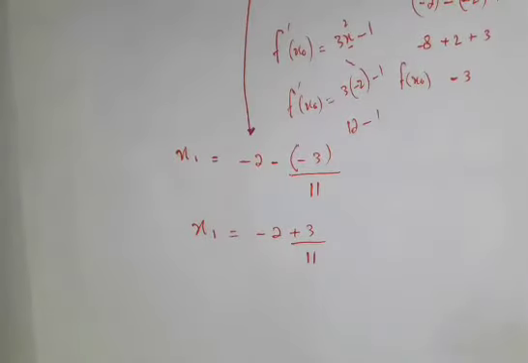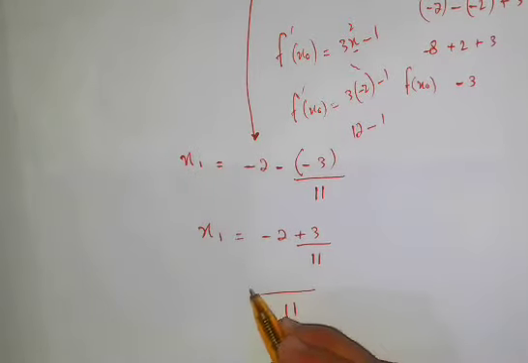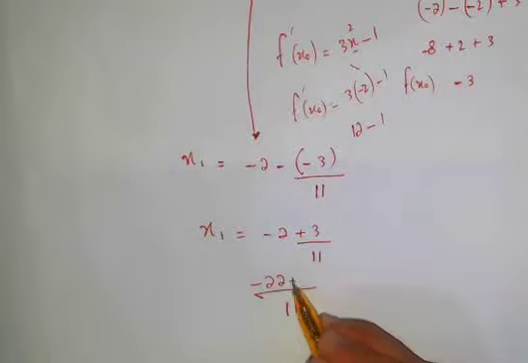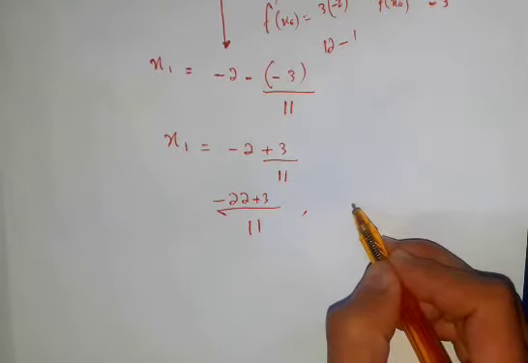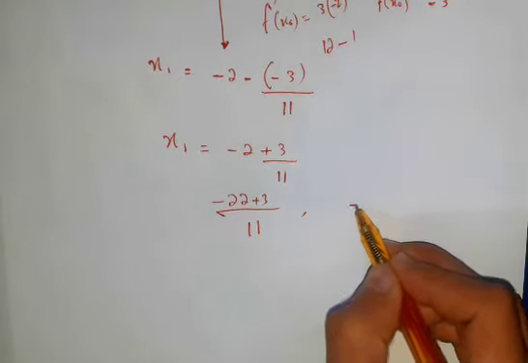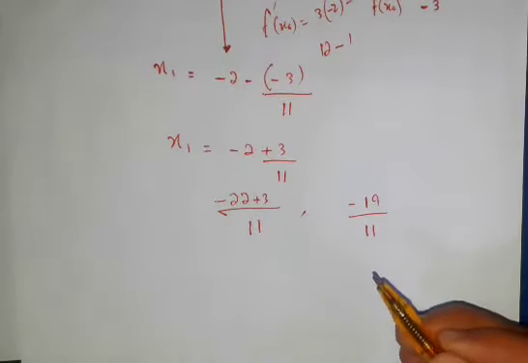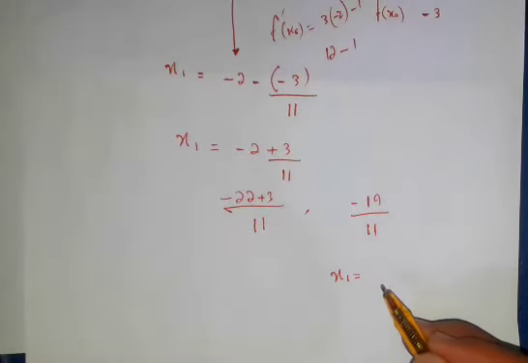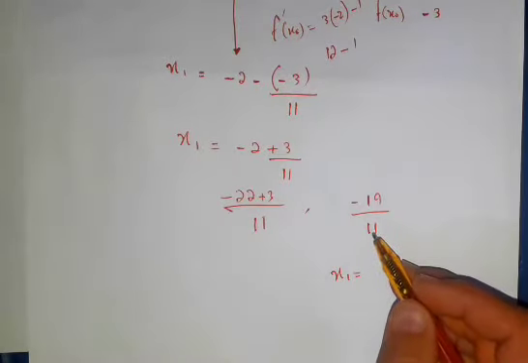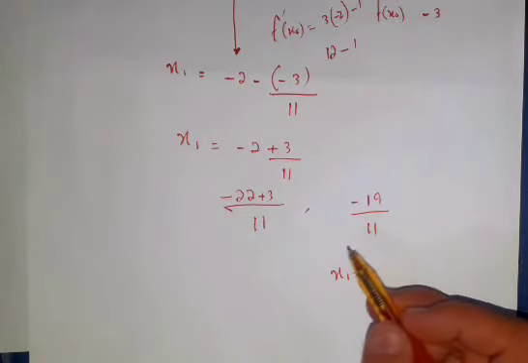Now you can easily solve this by taking the LCM, which is 11, and multiplying 11 with 2, which will be minus 22 plus 3, so this will become minus 19 divided by 11. So this is the answer, the value of x1. If you solve this in a calculator, or by yourself, you will get the value of